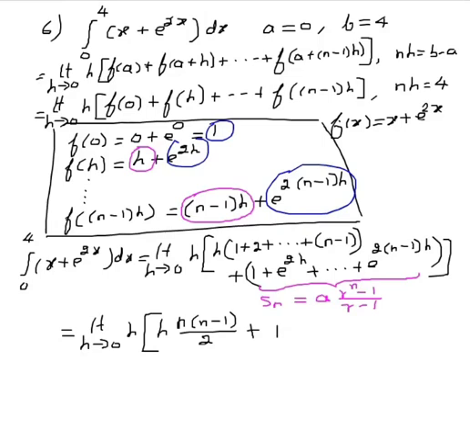And here the first term is 1. The common ratio. To find the common ratio, divide the second term by the first term. So e power 2h divided by 1 is e power 2h. This is r power n, so whole power n, minus 1 divided by r is e power 2h minus 1,